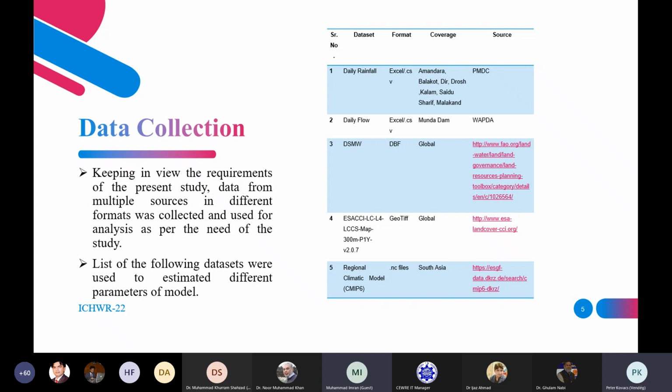Daily rainfall data was from different stations of Swat River like Amandra, Balakot, Tir, Drosh, Klam, Saidu Sharif, Malakand, and daily flow. We use daily flow from Munda Dam, and Landsat data was different Landsats, DSMW like this one, and